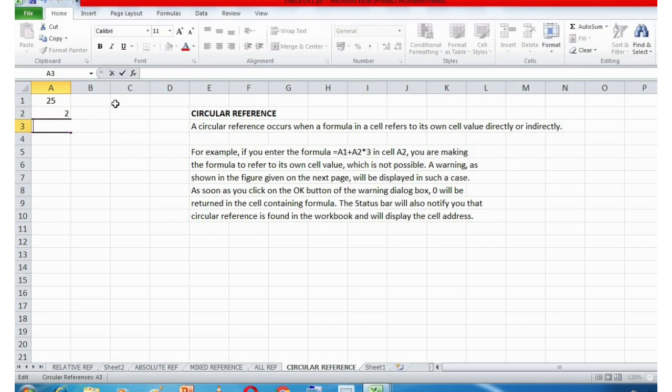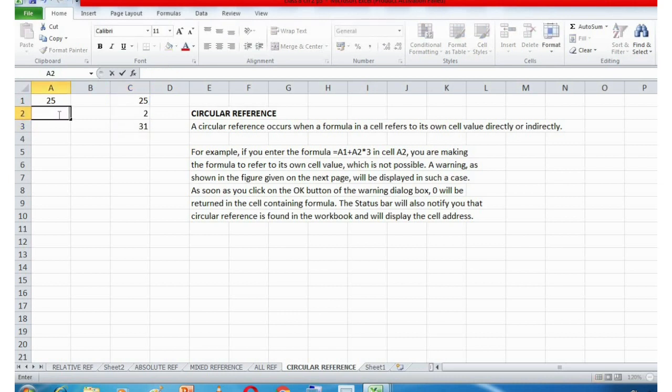Suppose, look at this, 25 into 2, plus this into 3. So see, this is showing 31, the correct value, because in this formula we have used C1 and C2, and this is the C3 cell. And in this formula, what did we do over here?